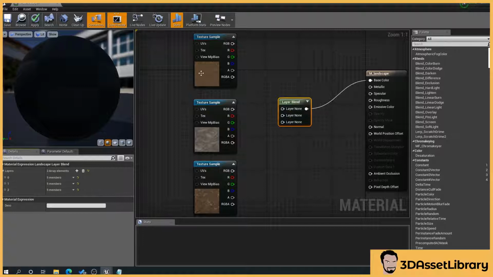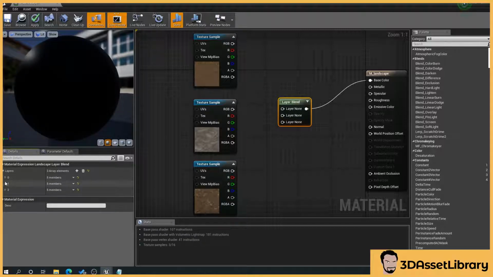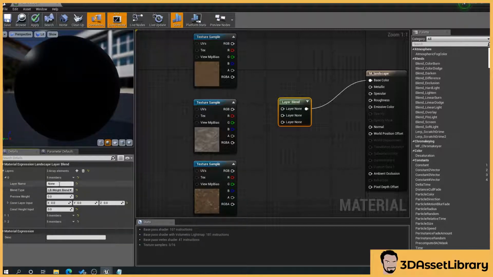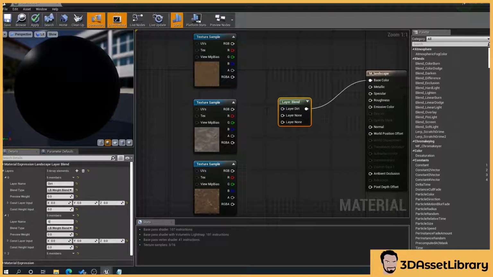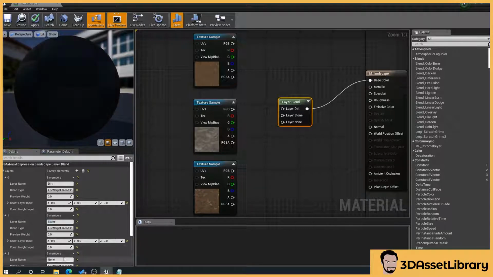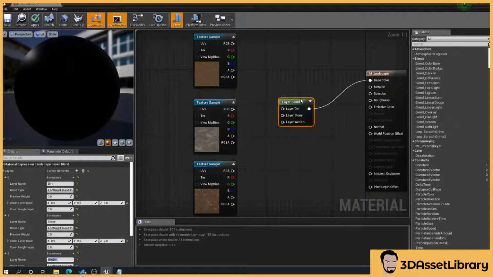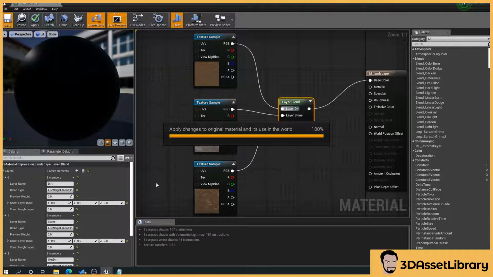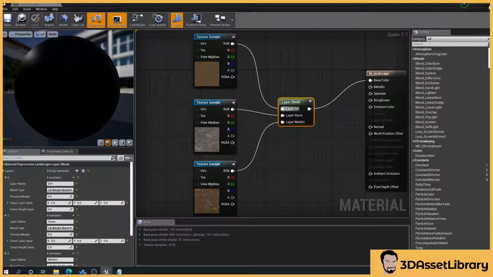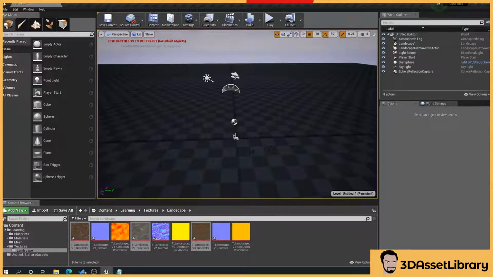So I've got 3 textures, and what we'll do is then you drop these down and give it a name. So dirt, you see here it's changed the name. So what we can do is now plug these in to their relevant ones, and then press save. So wait for that to save. Now close this window and go back to our landscape main window here.